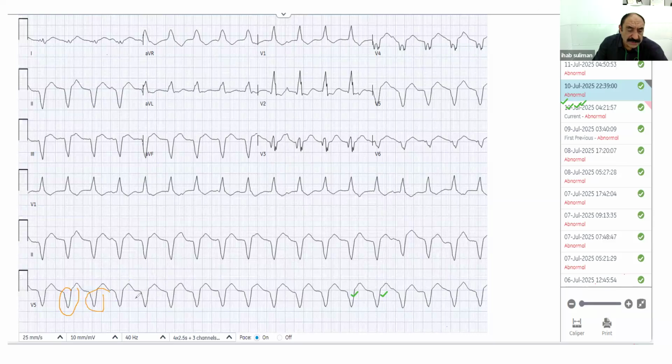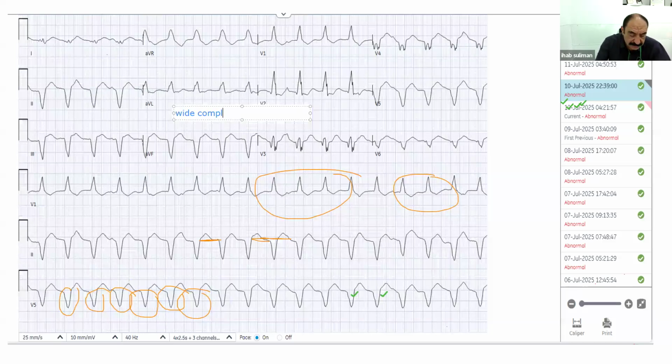It is regular wide complex, and there are no P waves. So we can say it is a wide complex ECG and no P waves are seen,